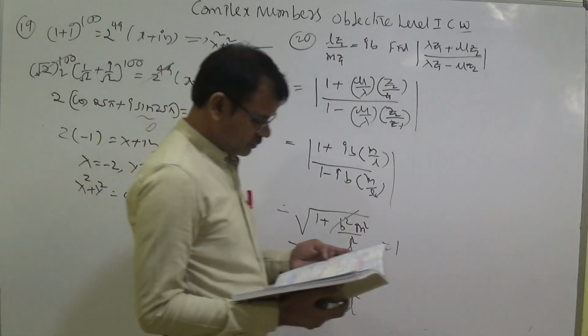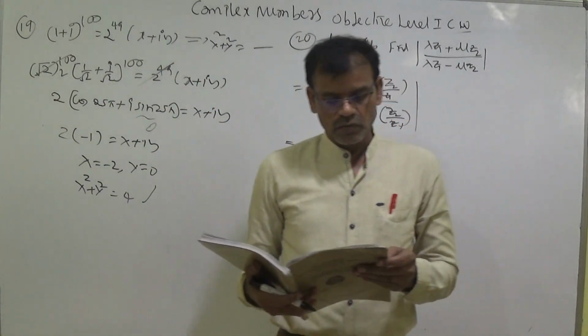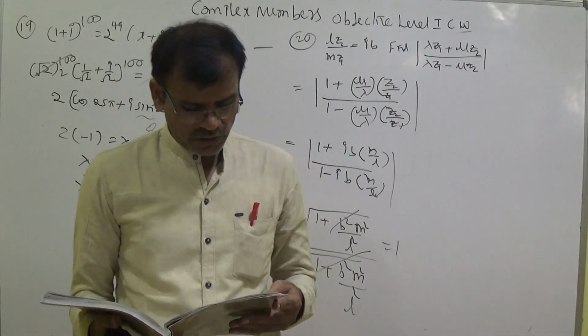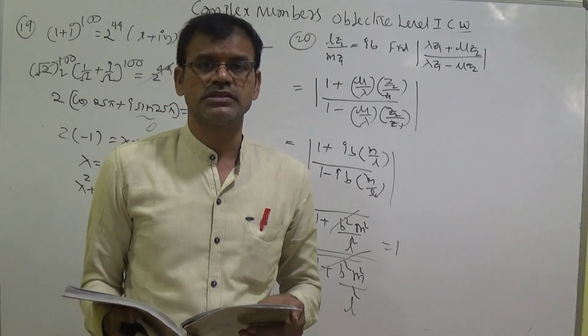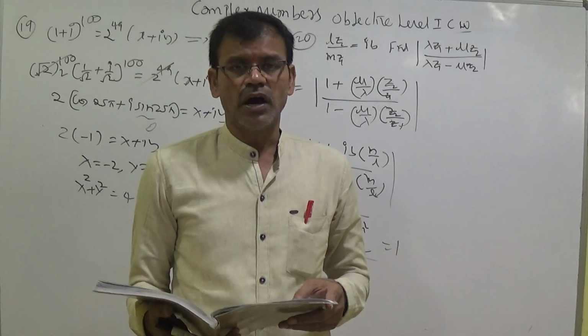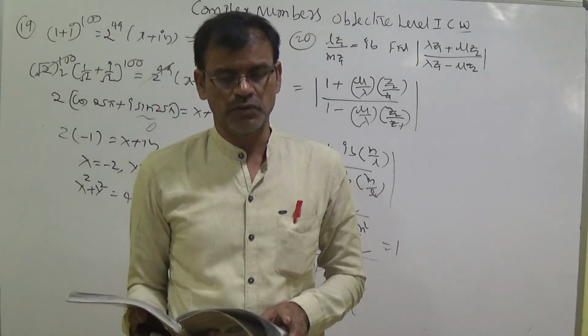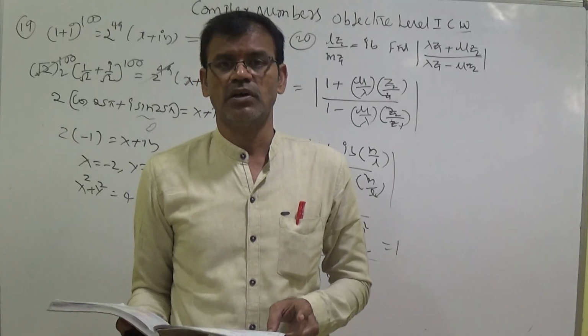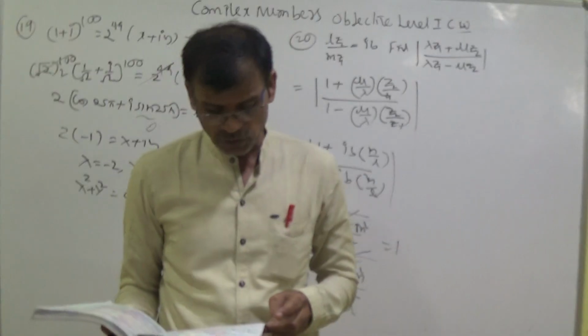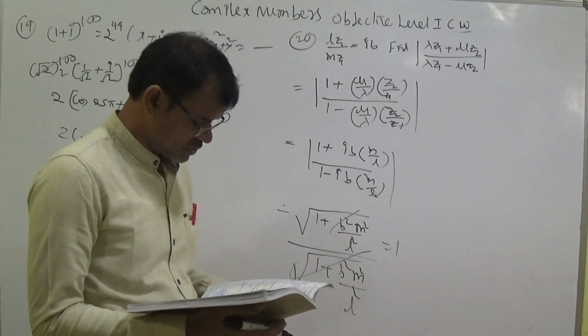Now the concept matter: we have discussed questions 21, 22, 23, 24, completed. Question 25: whenever modulus of Z1 plus Z2 is equal to modulus of Z1 plus modulus of Z2, argument Z1 is equal to argument Z2. Remember this as a formula. So argument Z1 minus argument Z2 becomes 0. So the answer to question 25 is 0.